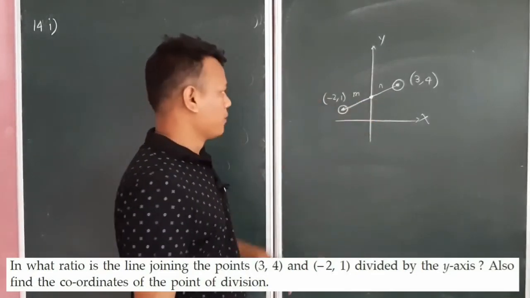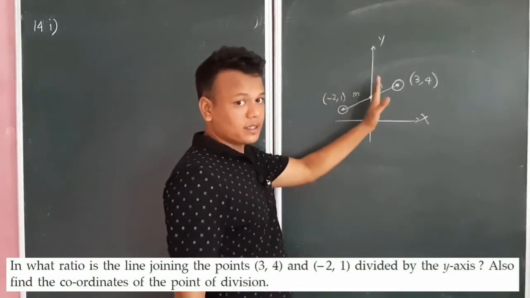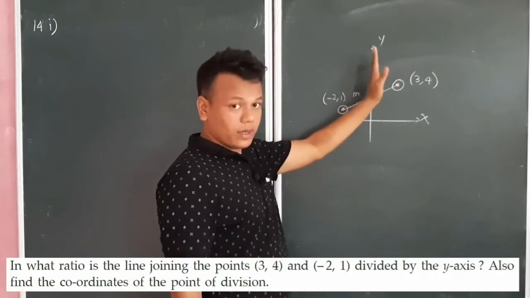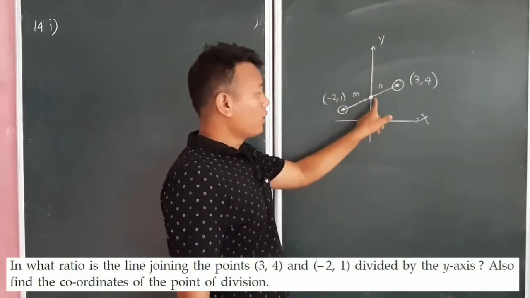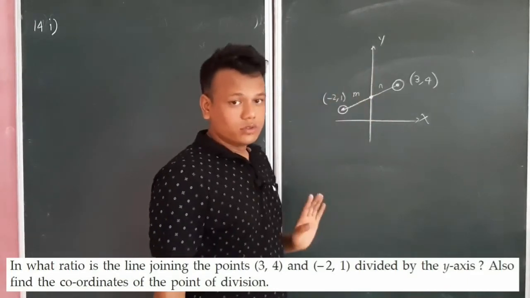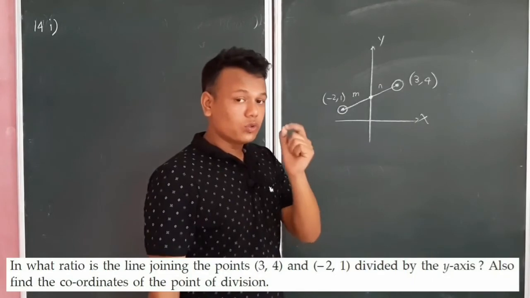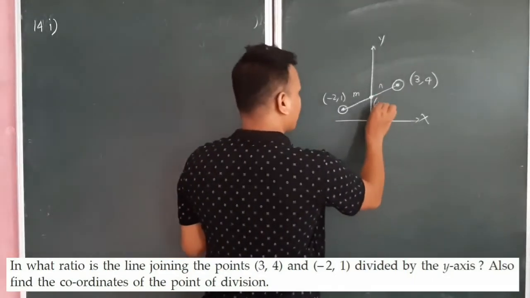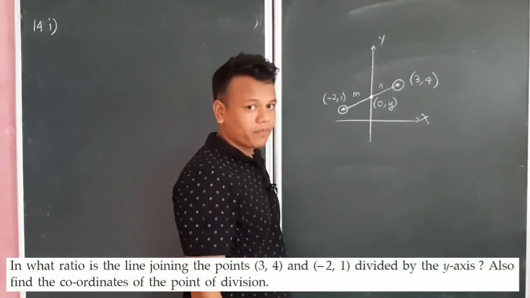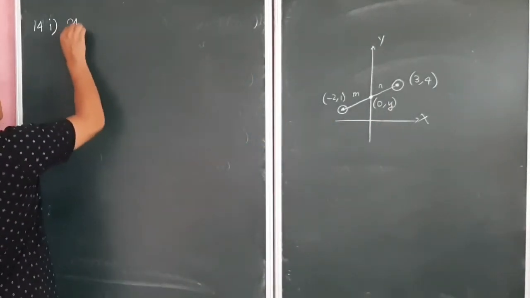Now again, since this point is exactly on the y-axis, it is not moving towards x. It is exactly on the y. So always the abscissa on the y-axis will be equal to 0. It is not moving towards x, so the abscissa will be equal to 0. So let me take the abscissa to be 0 and let me call the ordinate y. So the given points are